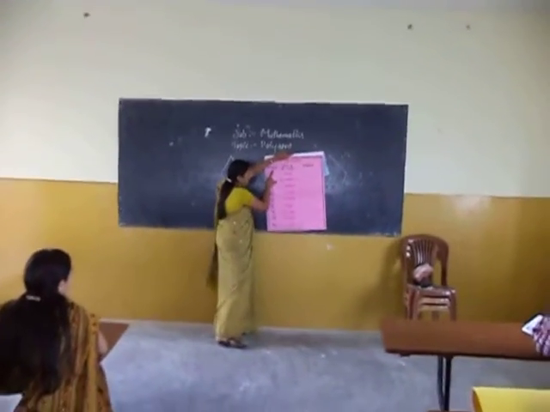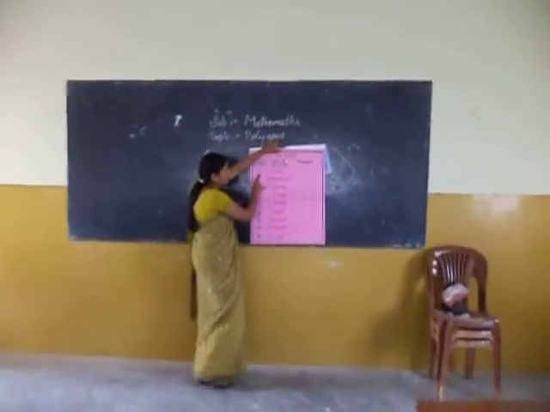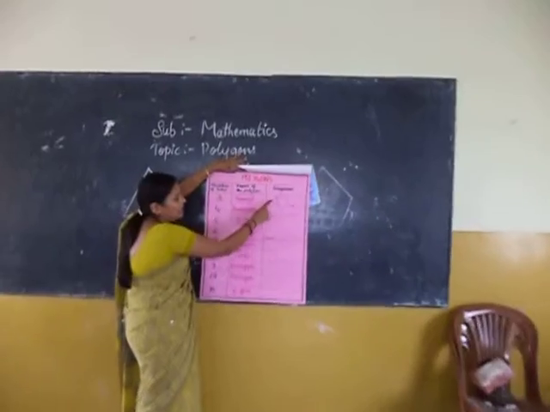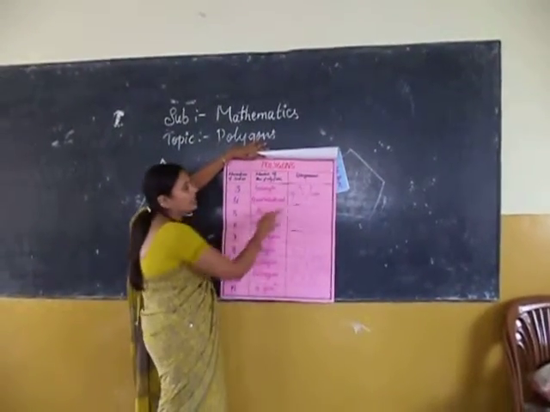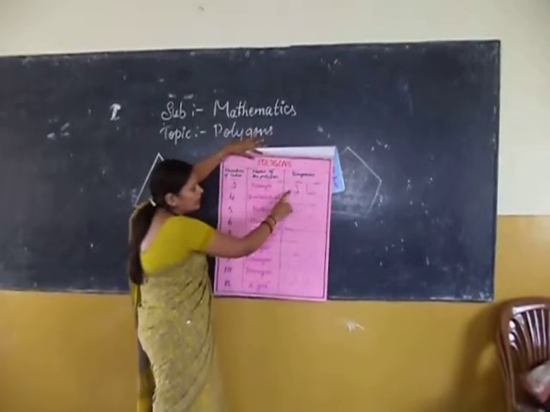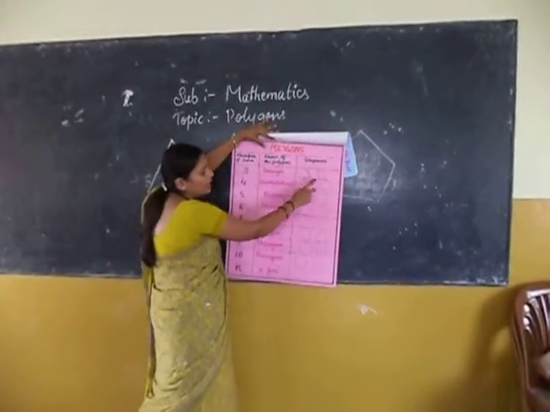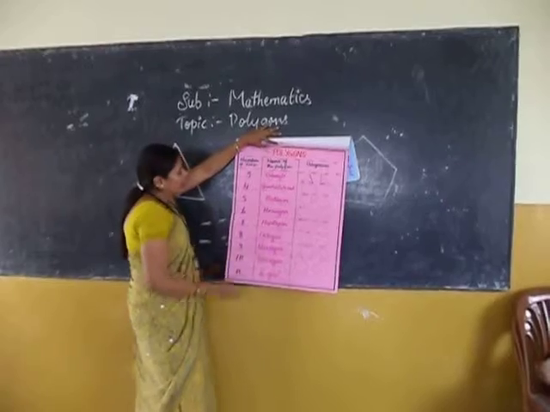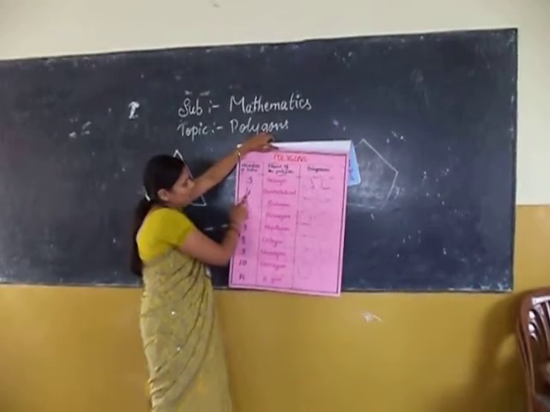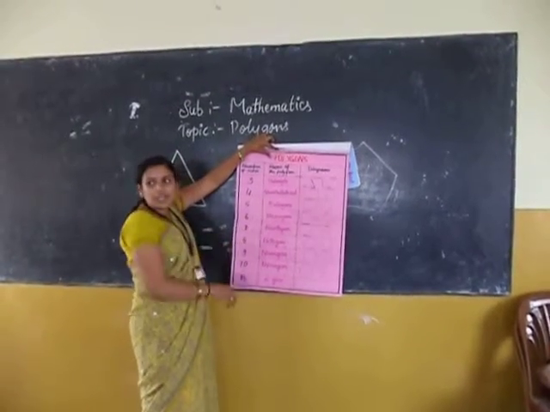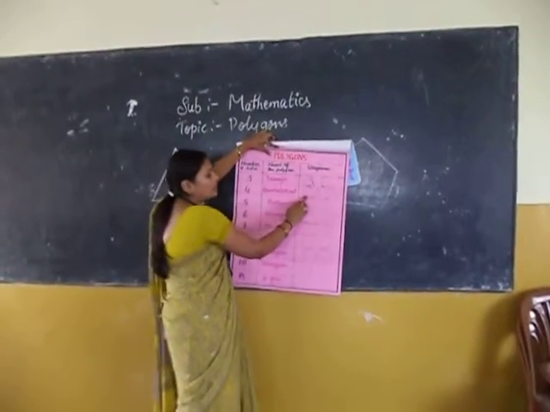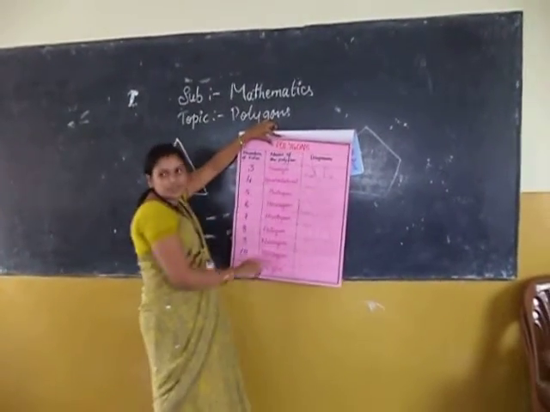Observe here the number of sides. 3 lines means triangle. It is 3 line segments in any shape. Observe the difference between these figures. This is also a triangle and this one is also a triangle. Then four sides means quadrilateral, like a square or rectangle. Observe here, these are also different shapes.